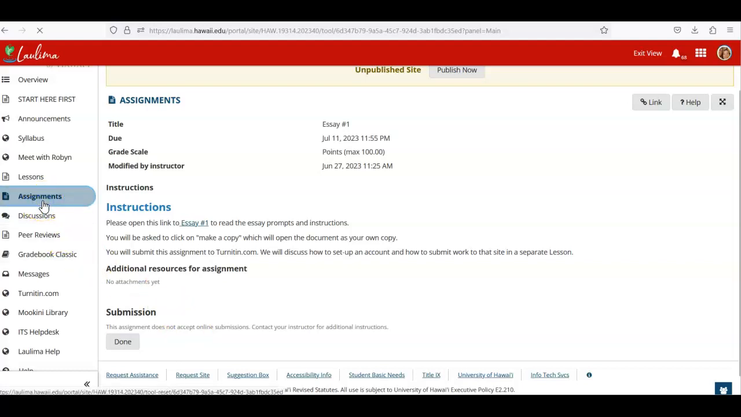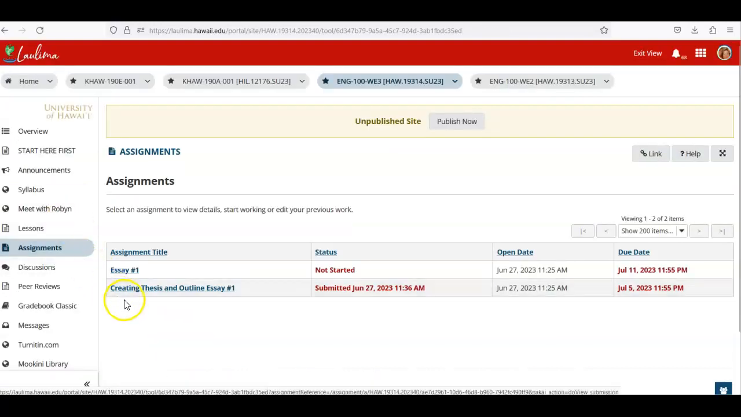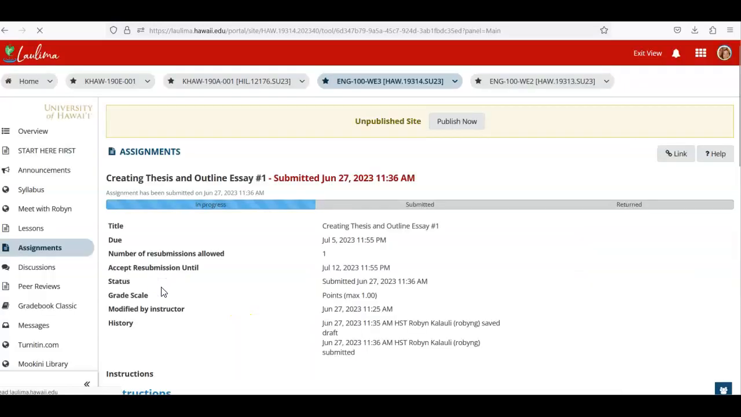So I'm going to go back to assignments, and let's take a look at the creating thesis and outline for essay number 1. So you can see here under the status it says that this was submitted, so I actually did this earlier to show you as an example what it looks like in assignments after you have submitted an assignment. But please note that you do have the opportunity to resubmit an assignment one time. So we can go ahead and open up this assignment,